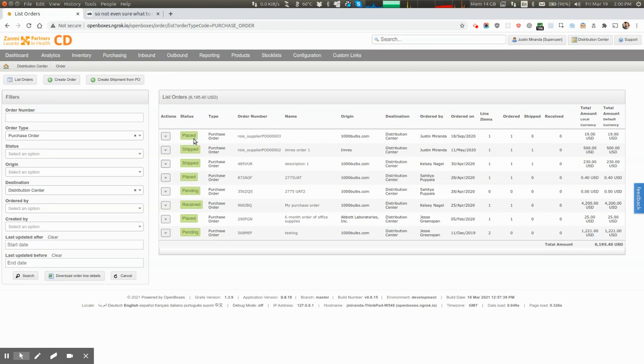But once something has been placed, it'll go into a state where it is likely being processed and picked and packed and all that stuff on the side of our vendor. We don't care about any of those states at the moment. We could, if eventually,